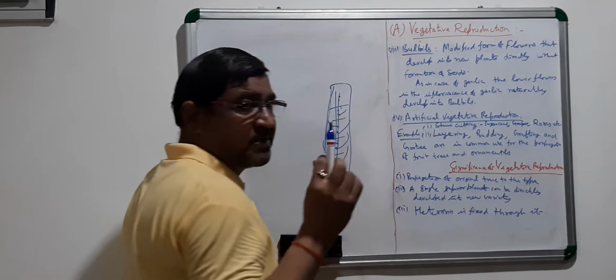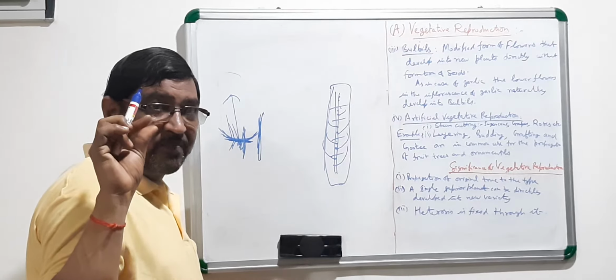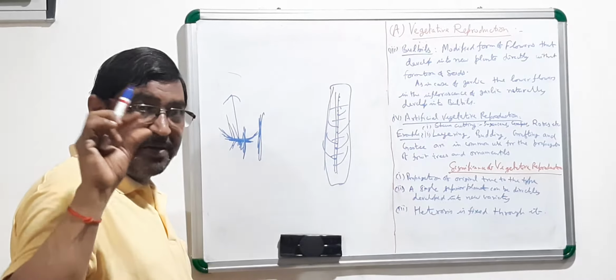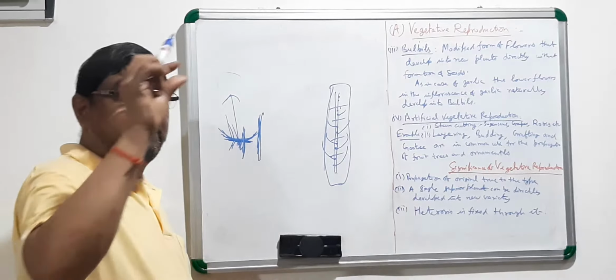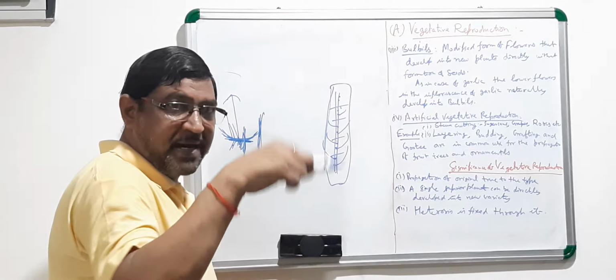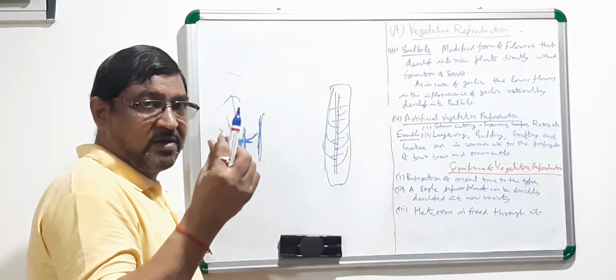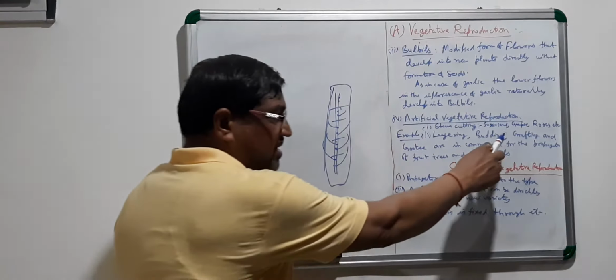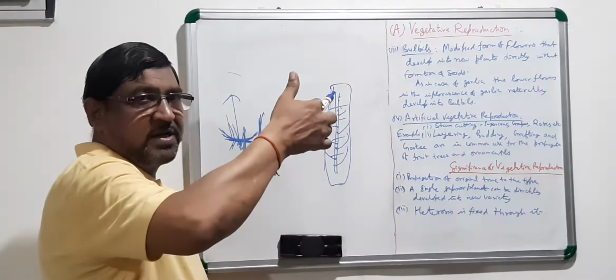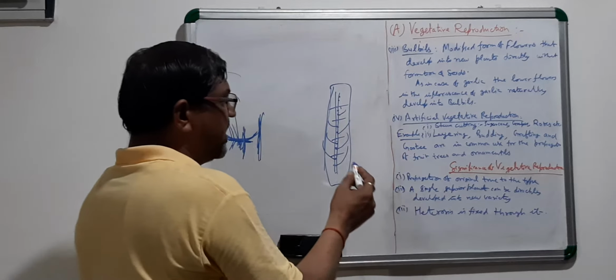Grafting, you are grafting the plants, you are taking a part of the stem of a desirable variety, and you are putting it into another variety. By grafting, you are getting the scion, that is the graft, and you are getting the variety which you have grafted in the root stock. And guti is also there.